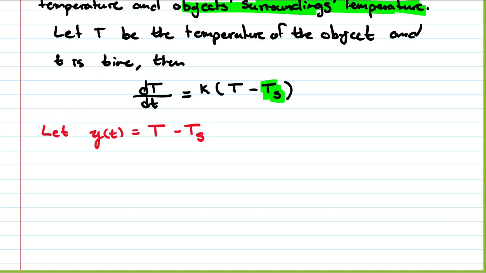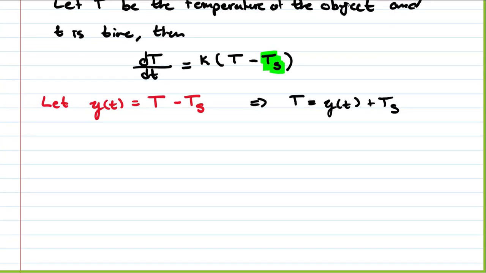And if we solve this equation for T, we then have T is equal to y of t plus T sub s. So I just add T sub s to both sides. I can also take the derivative of both sides of this equation. So if I do that, I get y prime of t is equal to T prime